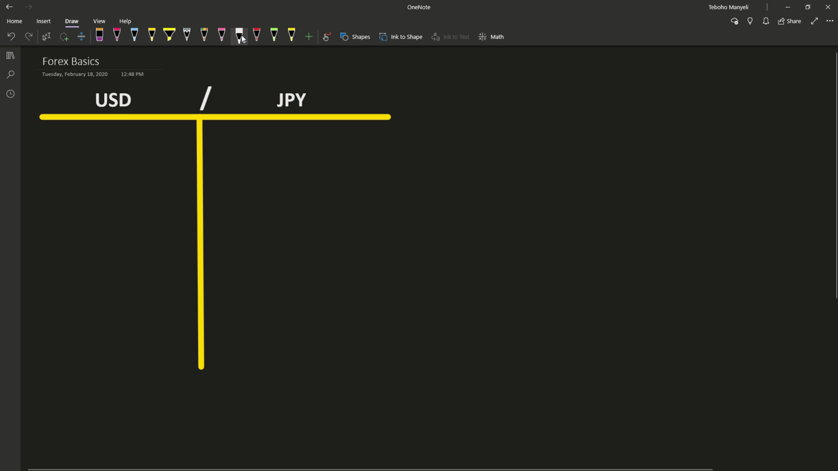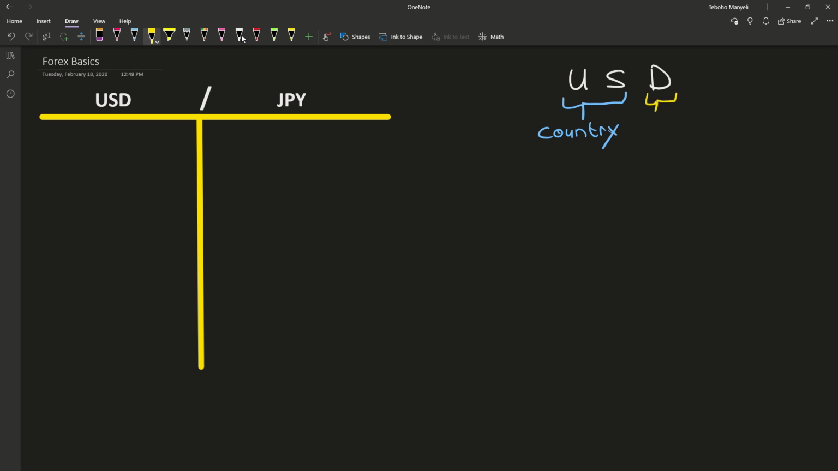Forex Basics. Let's look at some basics so we can create a great foundation for the classes to come. With this class, you should understand a lot of things. First, we've seen that the symbols are written as USD. So there are 3 letters that represent the actual currency. The first 2 letters represent the country that we're talking about, and the last letter represents the currency